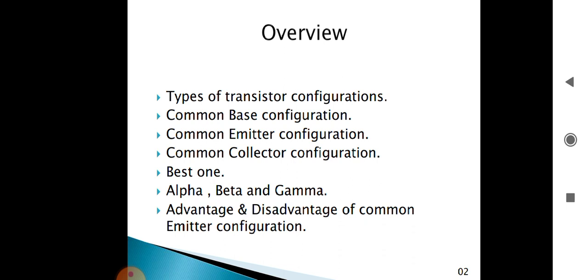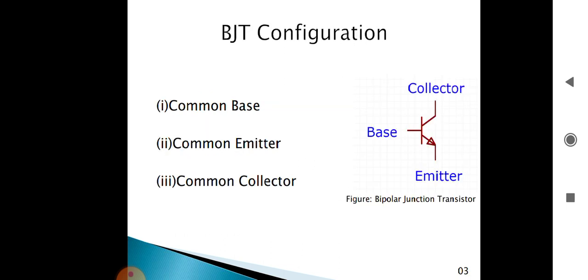There are different configurations of a transistor. So what do we mean by configuration? The transistor has three terminals, but an amplifier or other two-port network requires four terminals. Hence, one terminal is made common between input and output. Depending on which terminal is made common to input and output, there are the possible configurations.